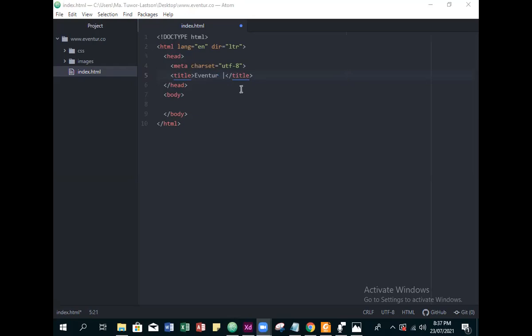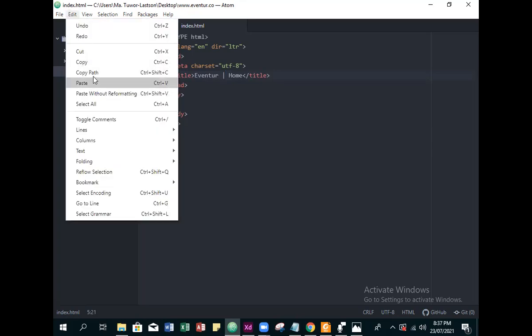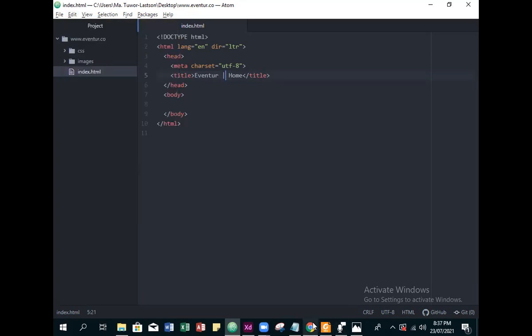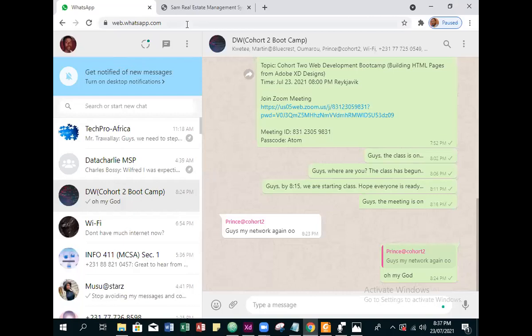Okay. So when you hold down shift, it will give you that pop sign. And then before there, we put the word home, indicating that this is a home page. So you already know where this text will take effect. If I were to save this file and then click here, edit, and click on copy path, open my web browser, Chrome,